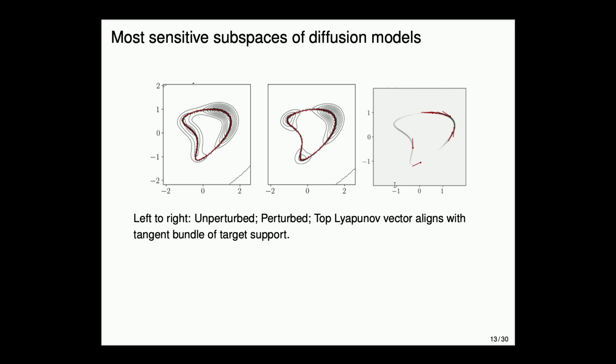How do these things look, right? Let me help you visualize them. So here is again a score-based diffusion model. Here is some target density, and here is the target density for epsilon not equal to 0. So you can still see that the samples you get are roughly speaking on the same one-dimensional manifold.